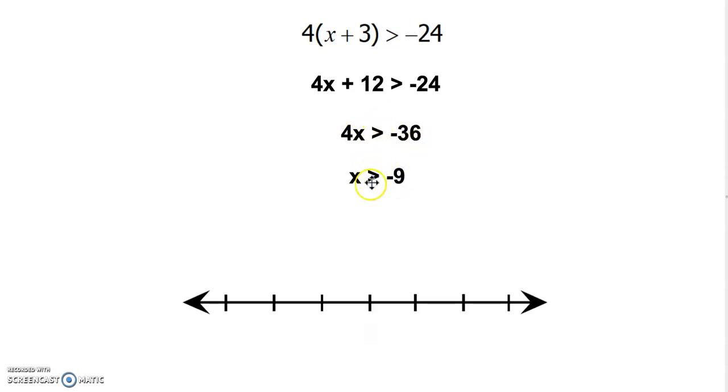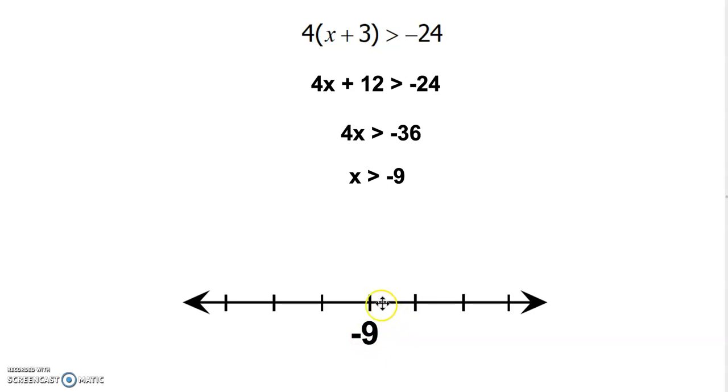Notice that we didn't flip the inequality here. It's not that we're dividing a negative number by something, it's that when we divide by a negative, we have to flip that inequality. So here, if we're going to graph the solution, we start with negative 9 in the